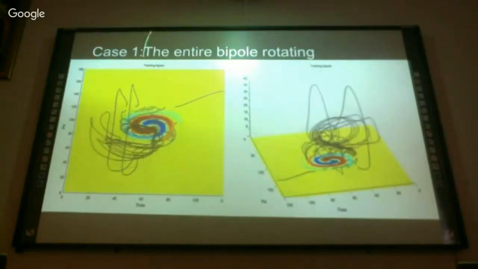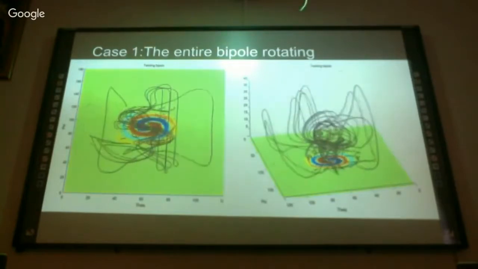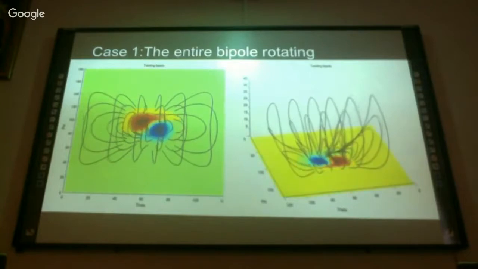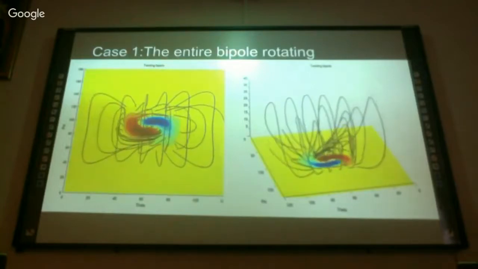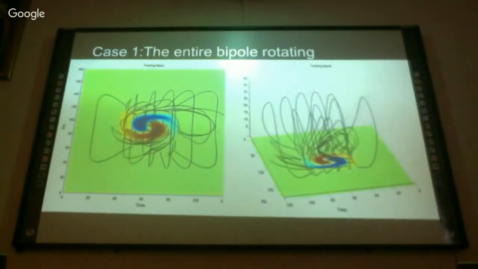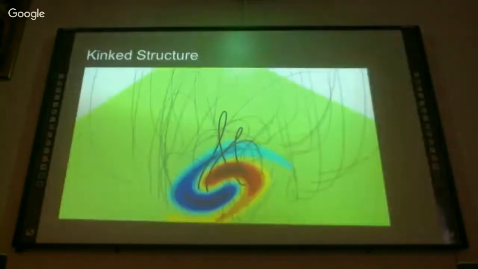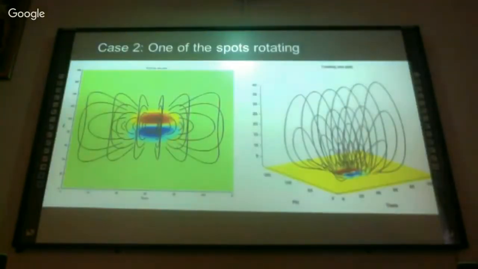This is probably because when it fans out in the corona, it releases the extra current that is in the system, and it helps reach a force-free state. This is case 1. And this is a zoomed-in snapshot taken at a particular time, which shows the formation of a